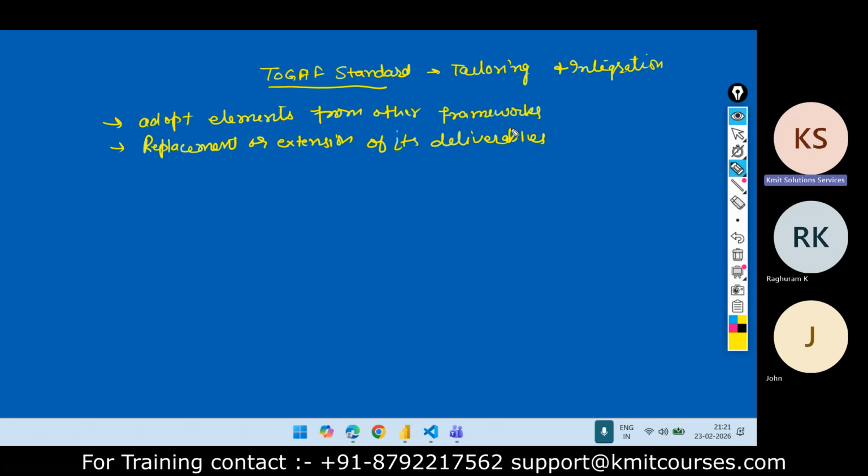Not for the entire TOGAF framework. You cannot replace it entirely, but yes, some set. So if something is defined by some other framework which is better or suitable for your project, then you can replace those also.